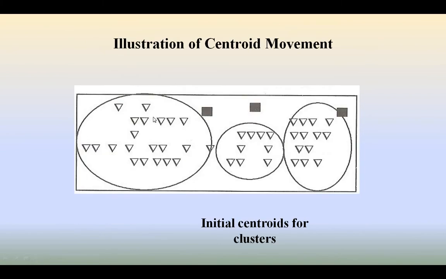Next, the illustration of the centroid movement. Initially, we have taken these three clusters, and the elements are outside of the clusters. You have to move the clusters, reassign all the terms, calculate the distances and the similarities, all one by one as an iterative process, till these points come to the centroid points. So how? Like this. Now look at this picture.